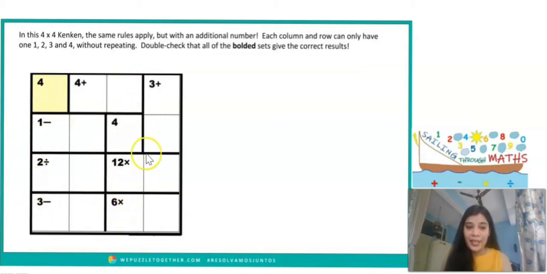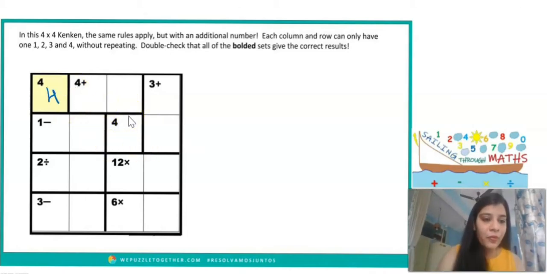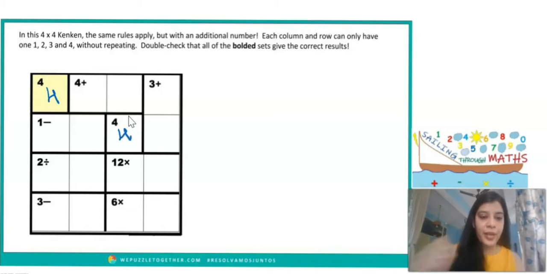But here in this block and in this block, we only have the number 4 and 4 written. So can I say that the number which is going to come in this block and in this block is going to be equal to 4? Why? Because there is no arithmetic operation which needs to be followed in this block. So the number which is going to come here in this block and in this block is going to be equal to 4. So let me write 4 here and 4 here.